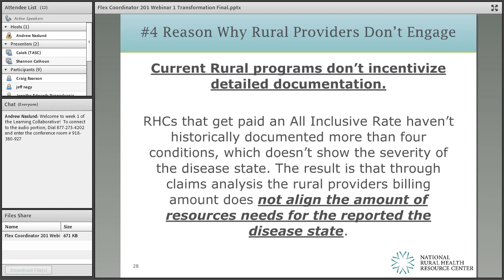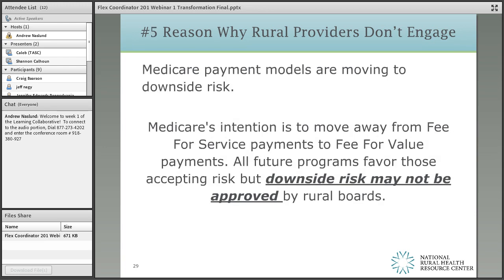And so historically, rural providers were not doing hierarchical condition category coding. Our story of the amount of work and care that's done is not documented in claims, and we are measured through claims. By and large, payers measure everyone through claims. It's not just rural providers, but they look and do analysis on claims. That's the only data that they have. And if we are not documenting, then we are not showing our true story. And historically, that documentation did not align for the ability to be successful in value-based payments. I think that's something that's an easy change and something that we need to beat the drum on across the country.